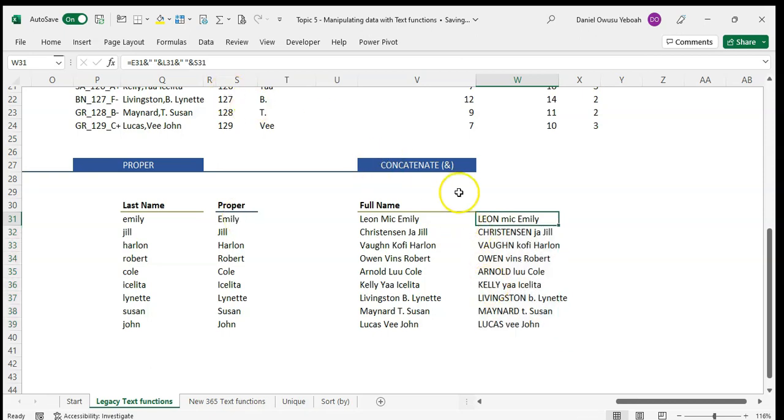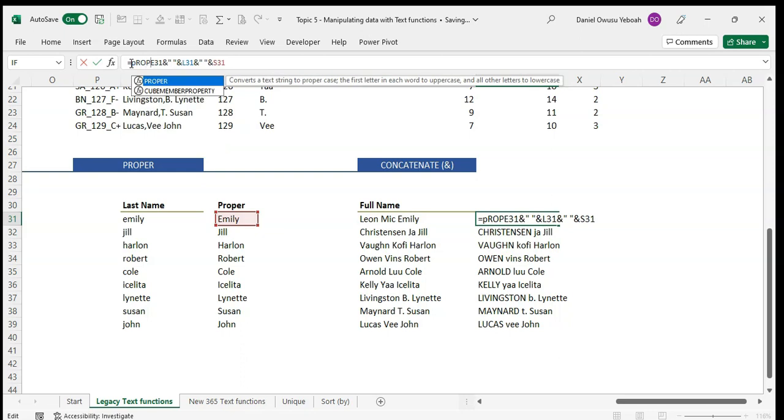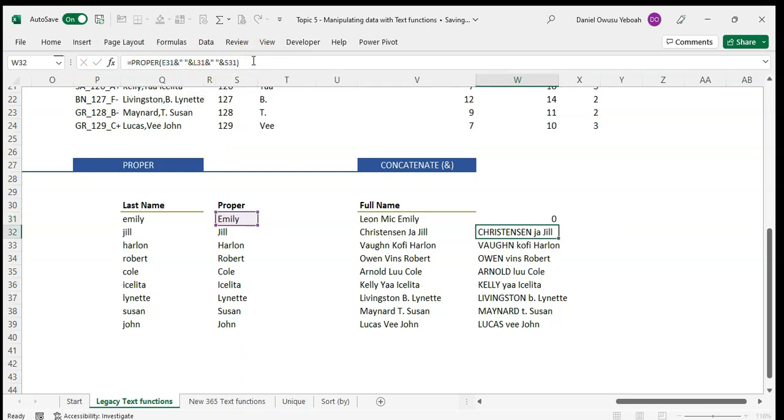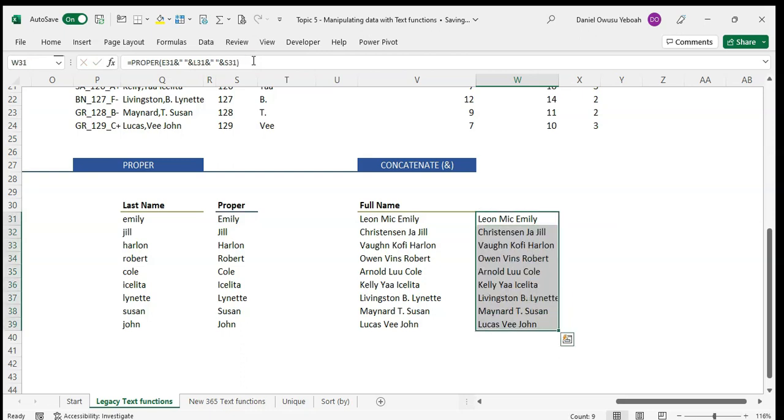If I want to change this, all I need to do is wrap this in the proper case. Close the brackets, enter, and copy this down. So that is how you can join several texts together to form a new text in a cell using concatenate